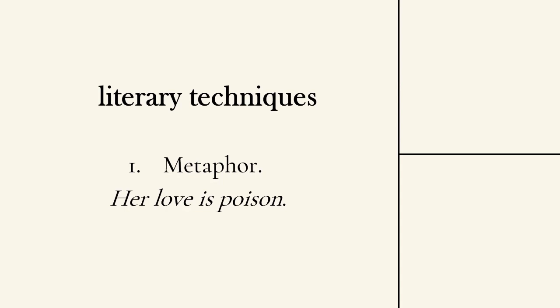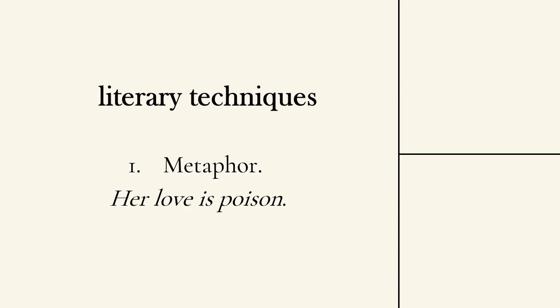It makes the reader think about how wounding her love must be, because poison is not something good. It's not something that does anything good to the body. Poison destroys organs. It does damage to the body. So definitely, the reader will believe that this person's form of expression of love is something that is damaging, something that has disastrous